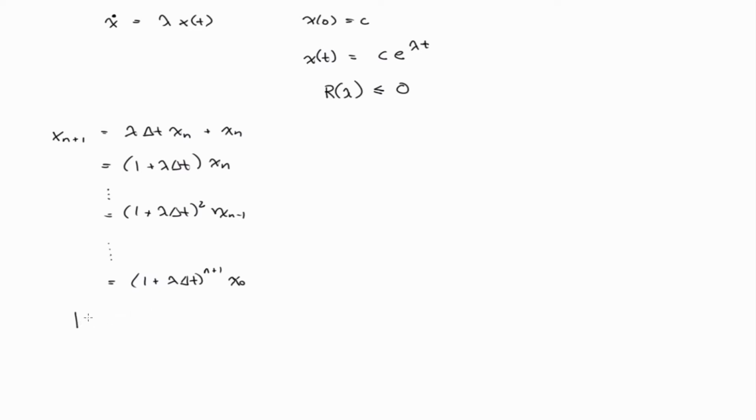So in order for this to have a stable solution, the absolute value of 1 plus lambda delta t must be less than or equal to 1. And so therefore you can solve for delta t. So delta t must be less than or equal to 2 over the absolute value of lambda for this to have a stable solution. So an explicit method has a stability criterion. And this can be fairly restrictive